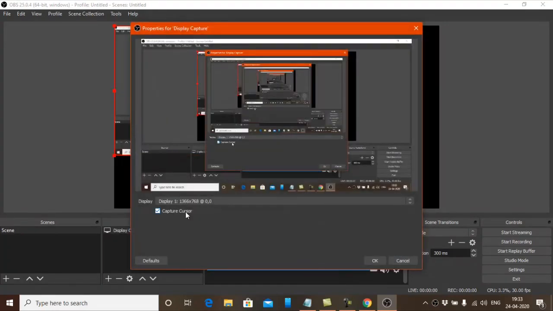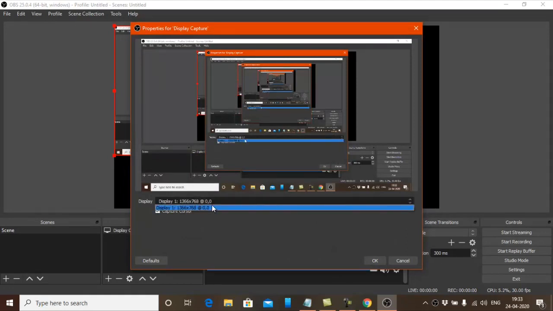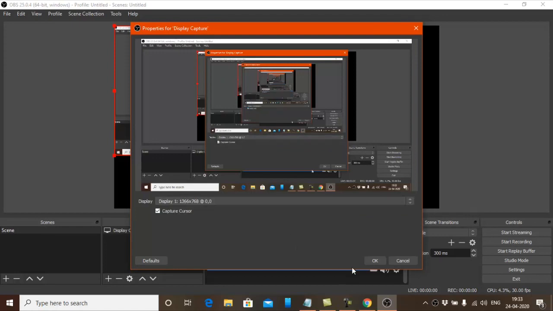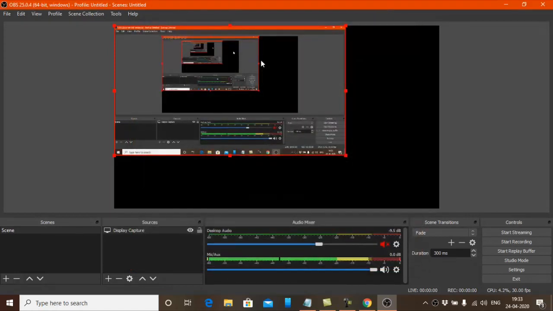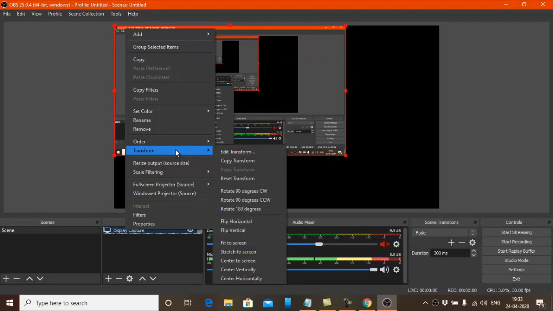Once you click it, it will ask for the display size. So what size? If it is giving multiple sizes, select whichever is comfortable for you, just select it. Else by default you go with the default option. Okay, now you can see this is the option you are getting. This side is showing in black color. The same way in your output video also this will be coming. So what you do is just right click over it. In the right click you can get transform and fit to screen. So you can see that there is an option called transform, fit to screen. So you can use this. Once you use this transform fit to screen, automatically it becomes centered and fits along with the screen.